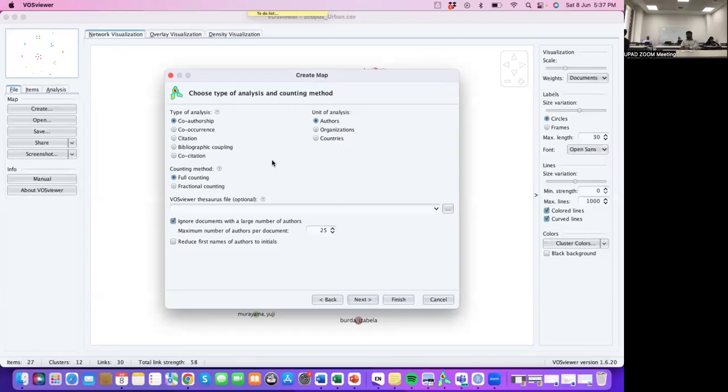So now the software has read the file, and now it is giving you different options. What do you want to analyze? Like co-authorship, co-occurrence. Co-occurrence is when they appear together by keywords. For example, let's do it by keywords first. So co-occurrence is the co-word analysis. Which words,